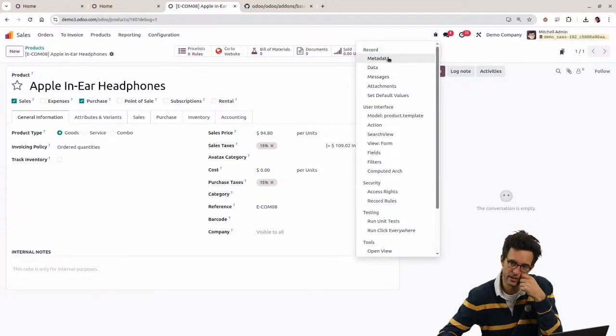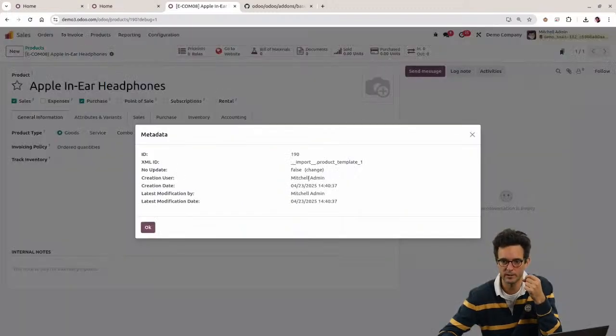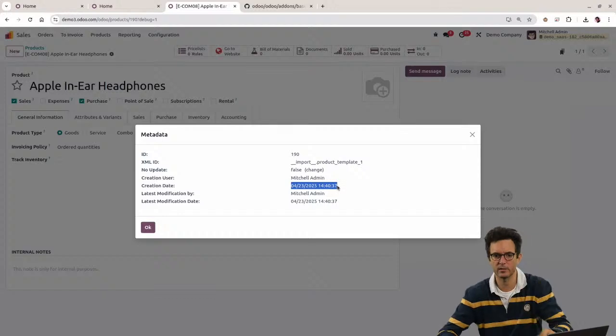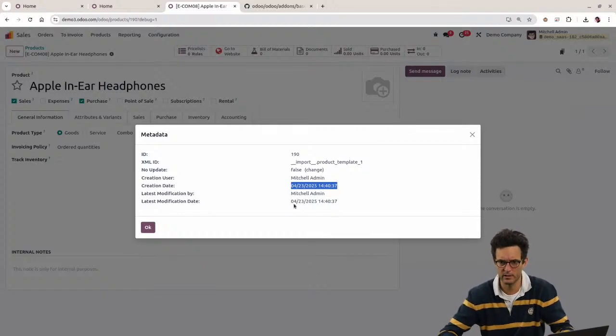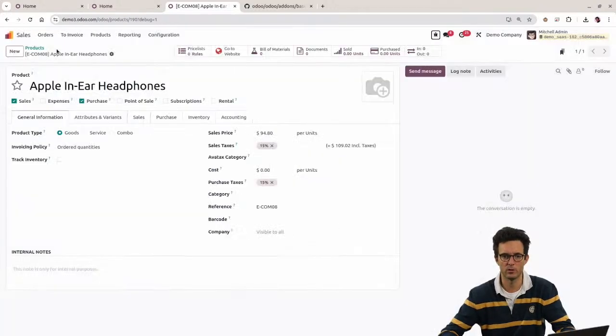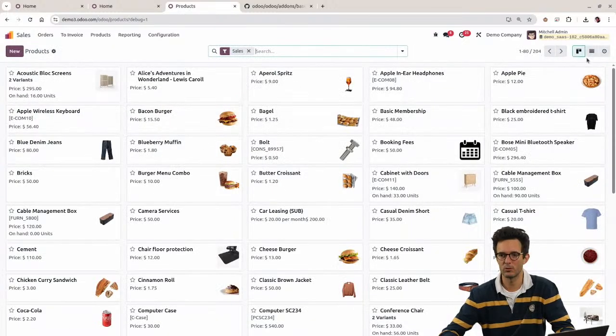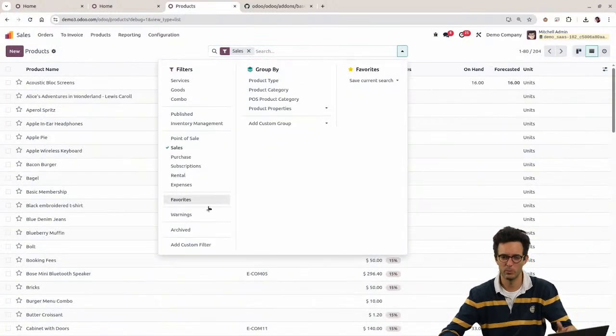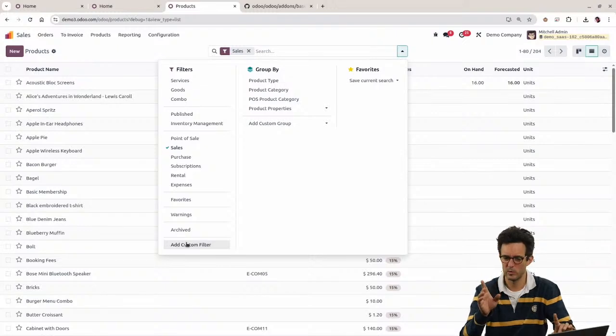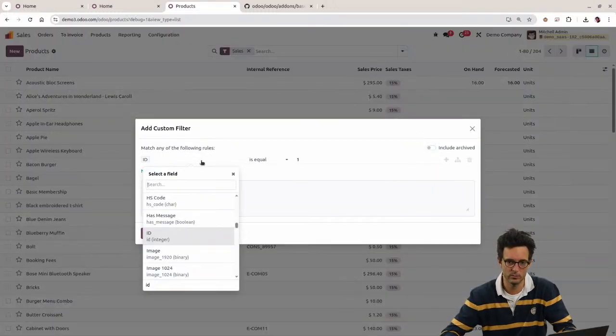And I can go there and check in terms of metadata. I see, okay, it was created at that moment. That's the creation date, and obviously the latest modification date is the same. But I could try to find it, and then I need to pay attention to the notion of maybe time zones or UTC, to be sure that the time I'm going to give is correct. But if I go there and say